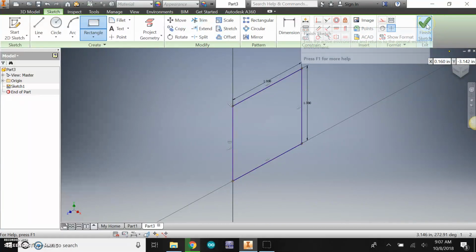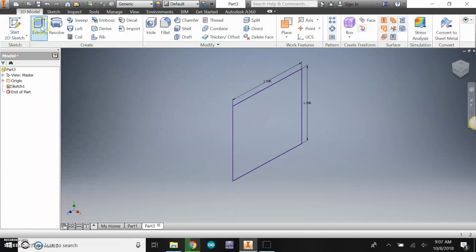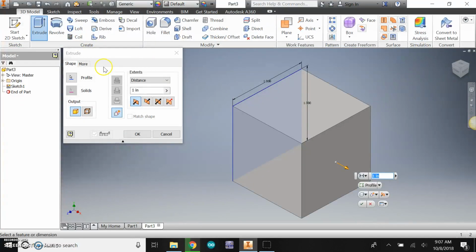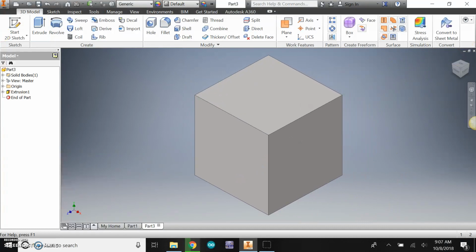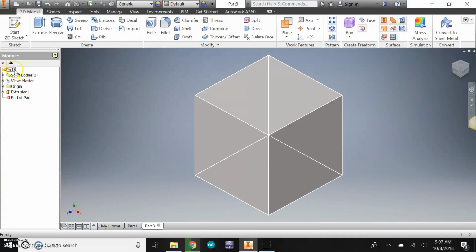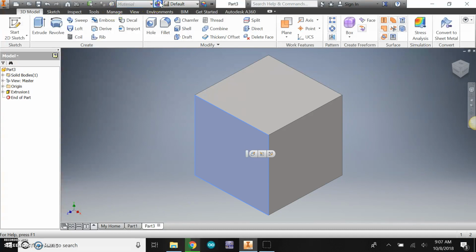And now I finished my sketch, and this time I want to extrude it. It defaults to 1 inch, which is what I want, because I want a 1 by 1 by 1 cube. And so I can click home to zoom it in, and I could color some of these faces or the